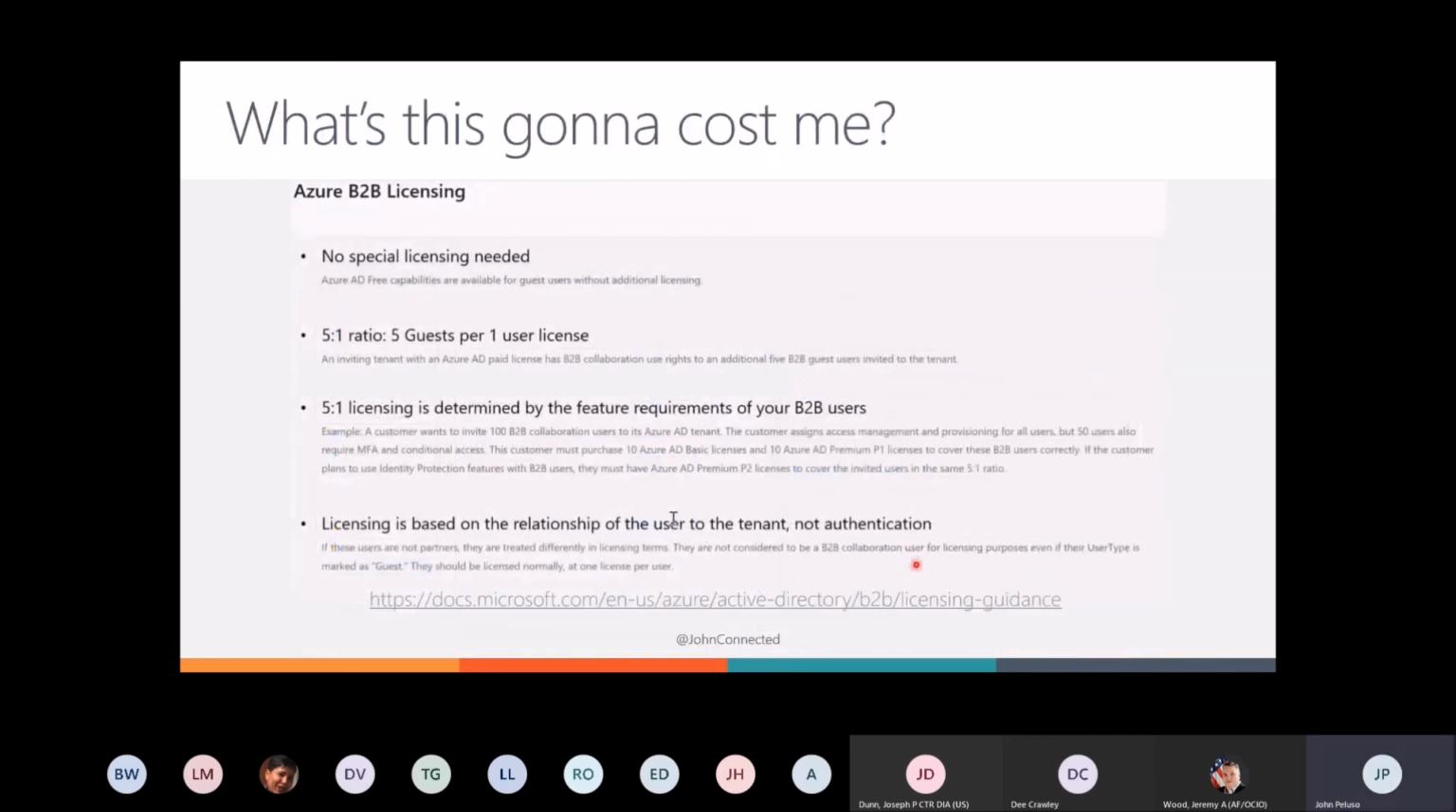Licensing wise, I mentioned licensing before. Remember the magic ratio, 5:1. The magic ratio is 5:1. Both with Azure licensing as well as with Office 365 licensing, you have a 5:1 ratio of guests who wouldn't require a license for each one paid license that you have. Example,